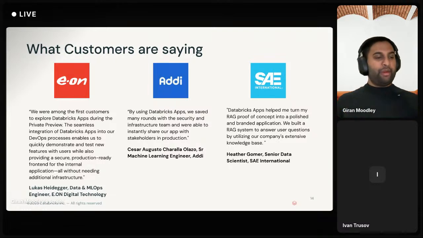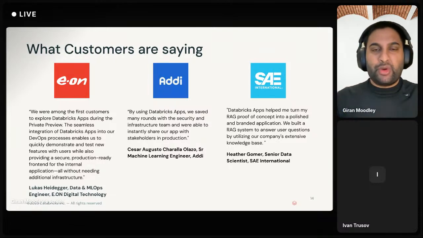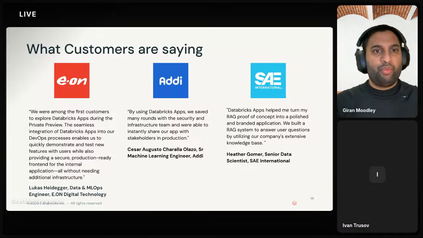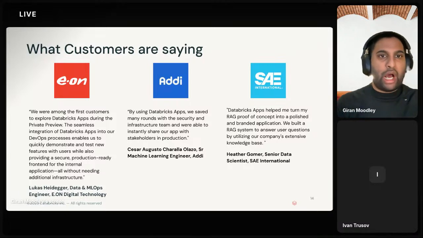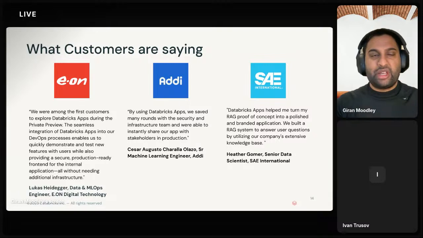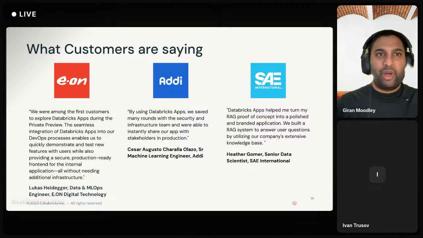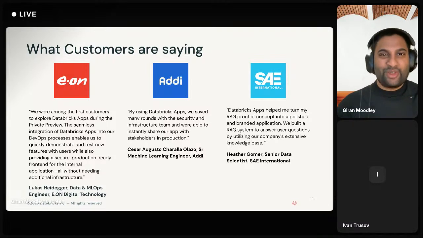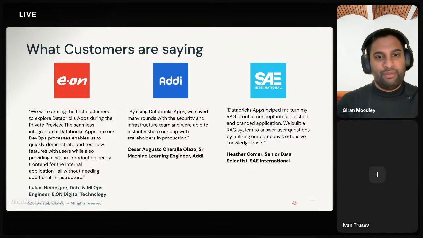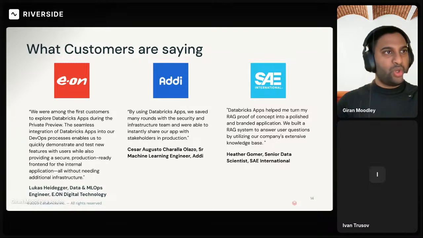Okay, you may be asking, we've been using Databricks apps now, it's in public preview. What is it? How are customers interacting with us on a day-to-day basis? Here is a select number of customers, and by all means, this is not the entire list. I promise you, we do have thousands of customers using this in anger, but I just wanted to highlight, directly from users themselves who have taken the early leap into using Databricks to help accelerate some of those goals that I talked about.